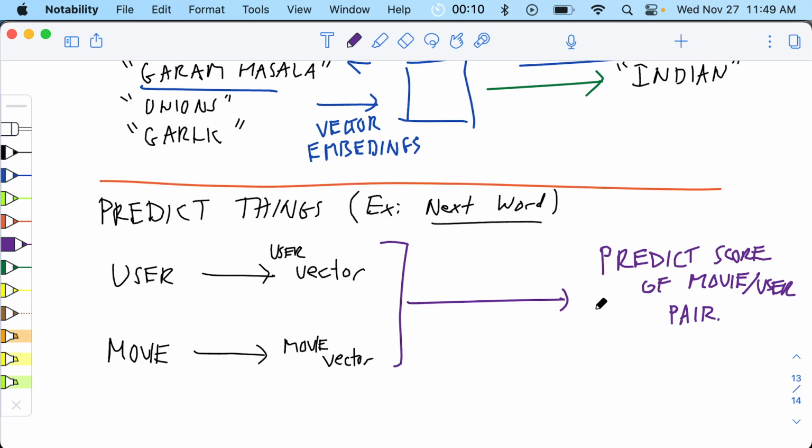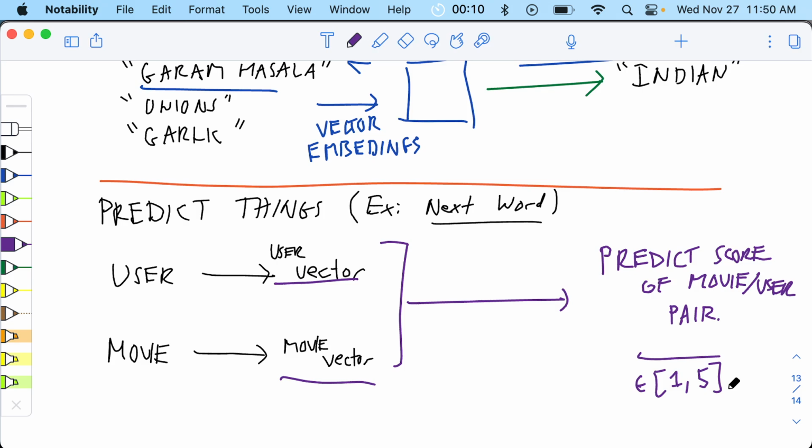Could be linear regression, could be some neural network, could be anything else that we've talked about in the course of coming up with how you input vectors and output a number. In this case, the number is, I think, in the range 1 to 5. And once again, you have the same advantages as before, is that maybe there's two movies that are